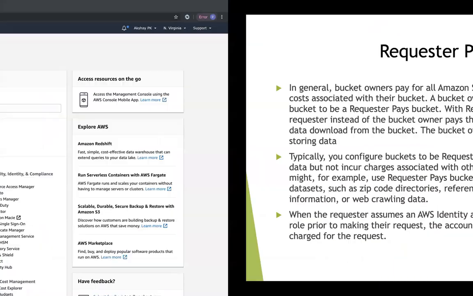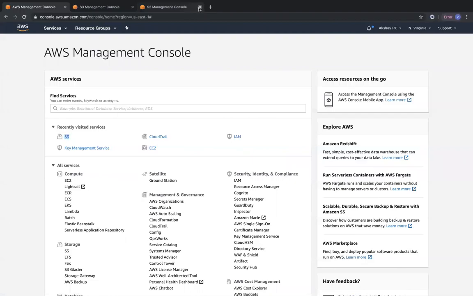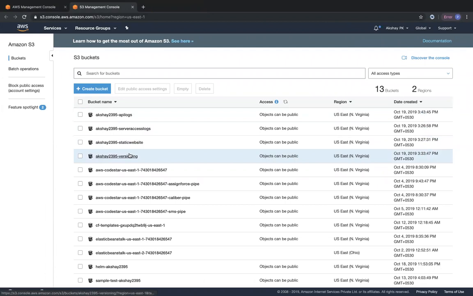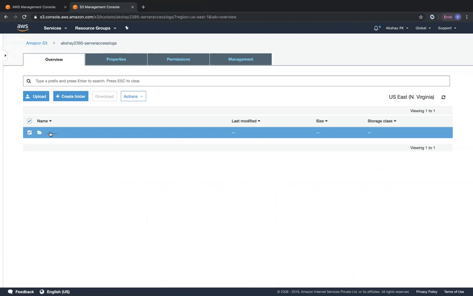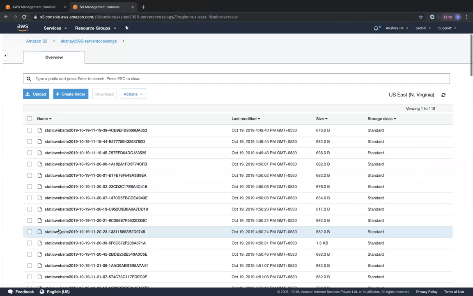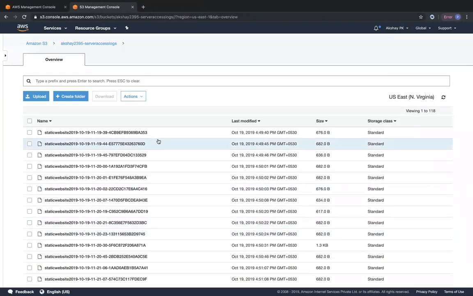Okay. So we will go ahead and open up S3. I have my AWS console open over here. Some of the buckets that we created yesterday are still there. One thing I didn't show you yesterday was that the server access logs took a lot of time to accumulate in that S3 bucket. Now you can see the server access logs are within this bucket, prefixed with static website. Each time you access your static website bucket, your server access logs will be delivered to this server access logs bucket. You can download any of the access logs and look at the content.